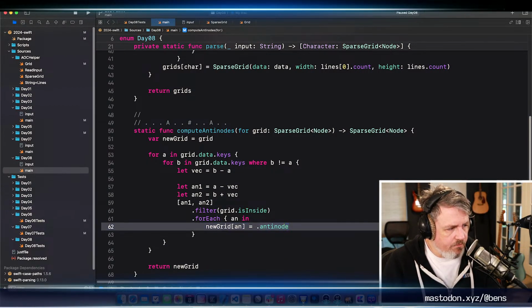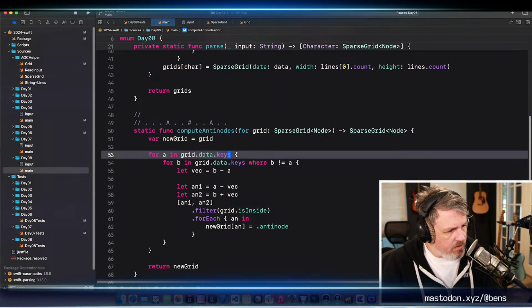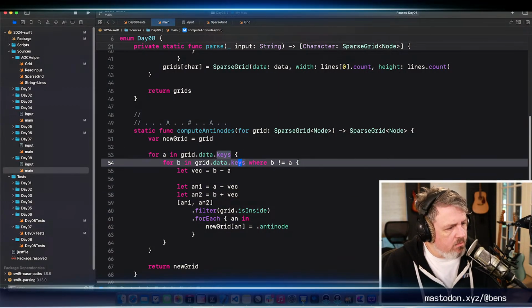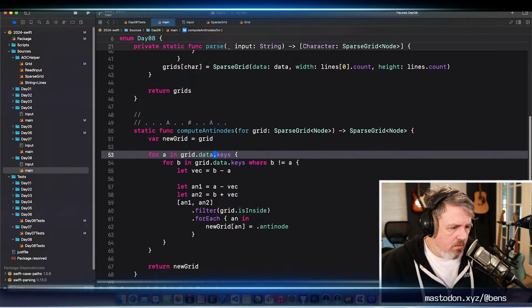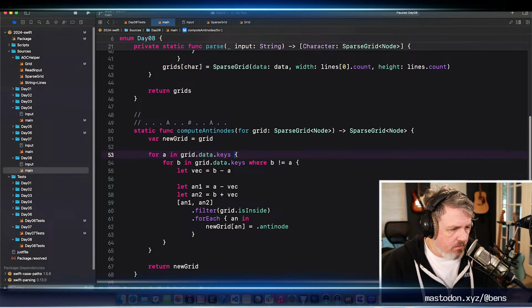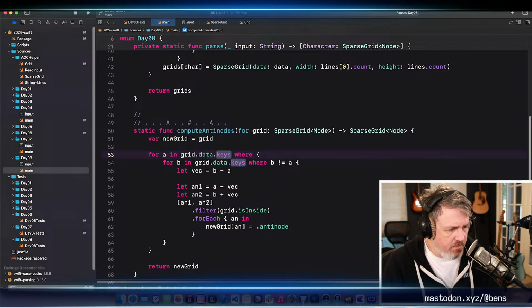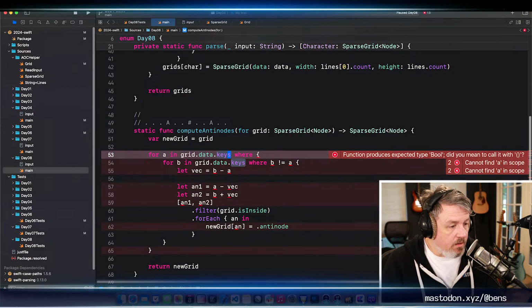Which is fine, but that means that I suppose that I would have already known. Oh, I'm creating antinodes for where grid.data. Yeah, this definitely needs to be both, because I want to only find elements.